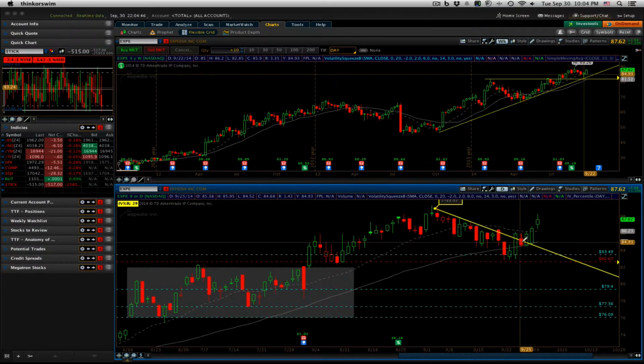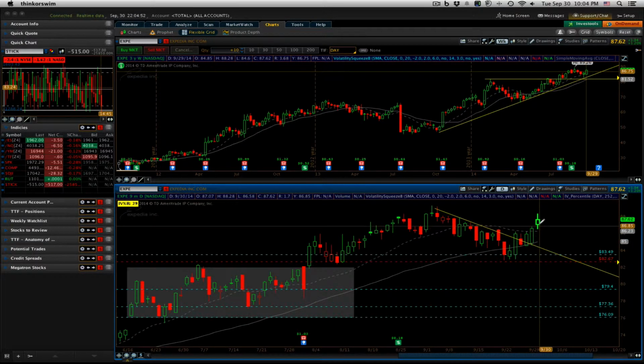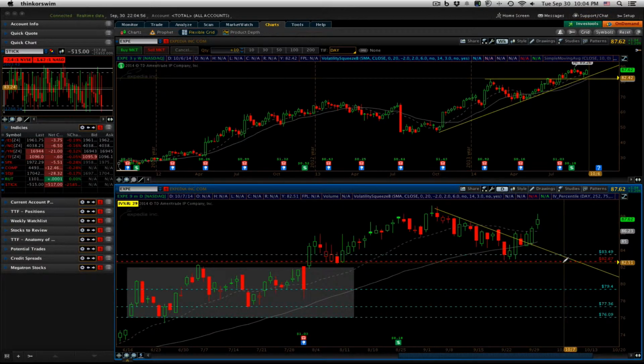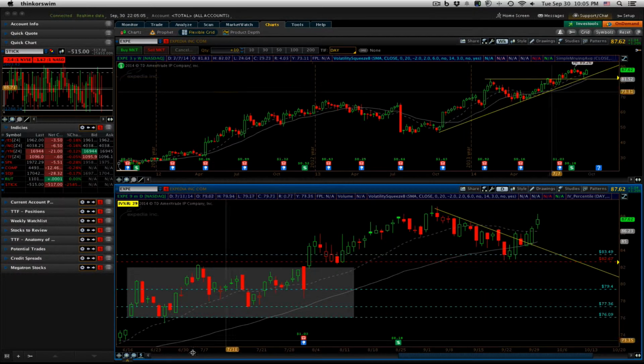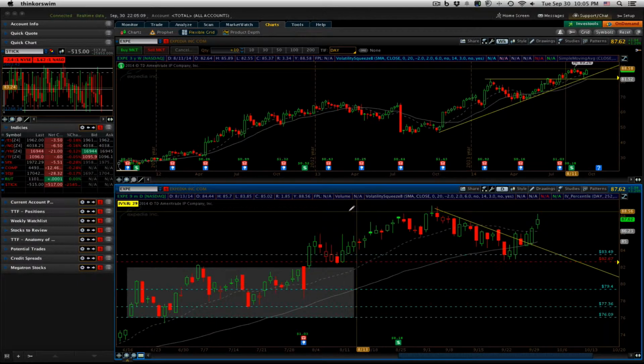The next day looked like maybe that was a false move, and then sure enough, the past 3 days we've actually broken out from that trend line. So right now we're using 82.67. The next stop level I'm looking at is this 83.50, which would be the closing low from 9/22. What we're waiting on to move that stop is a breakout